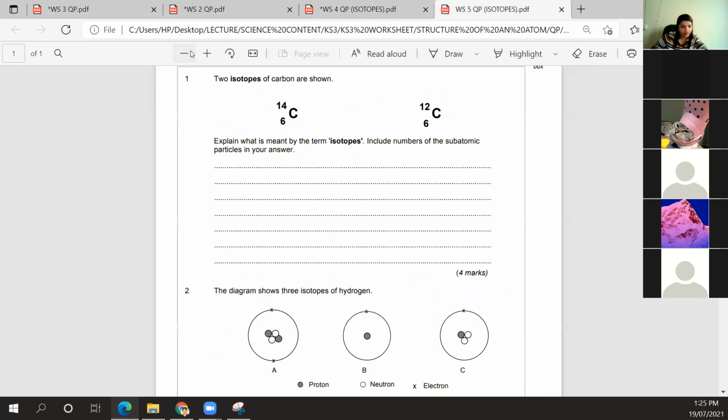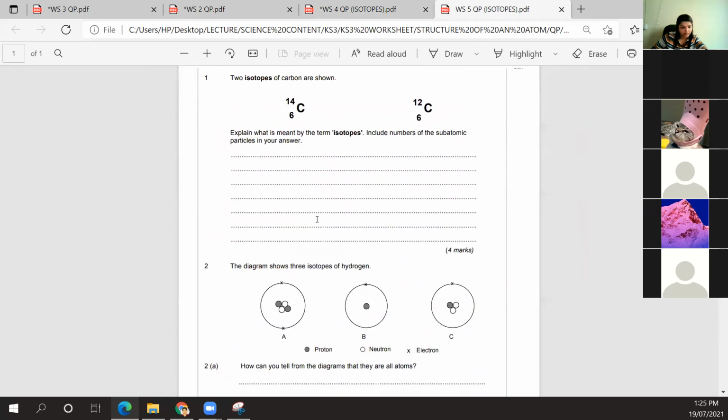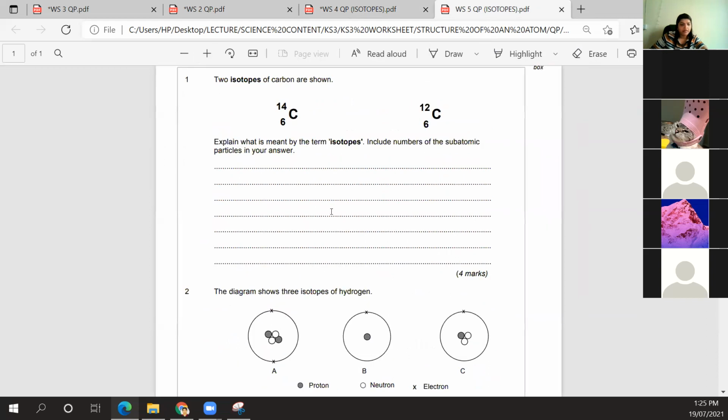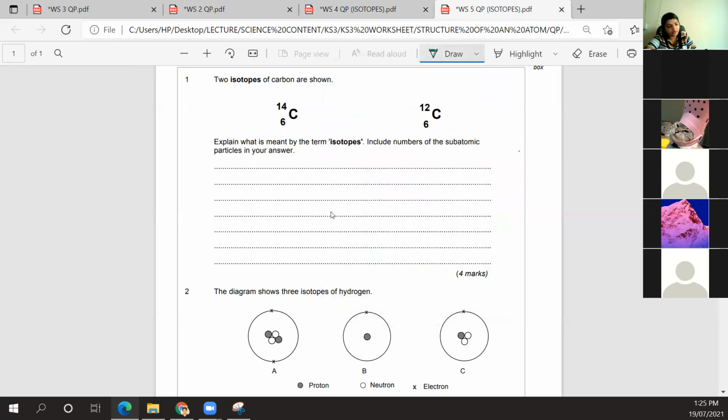Question number 1 and 2, the last worksheet. The 2 isotopes of carbon are shown. Explain what is meant by the term isotope. That's for 2 marks, and include numbers of subatomic particles in your answer. So explain the term isotope. So yes, it is atoms of the same element